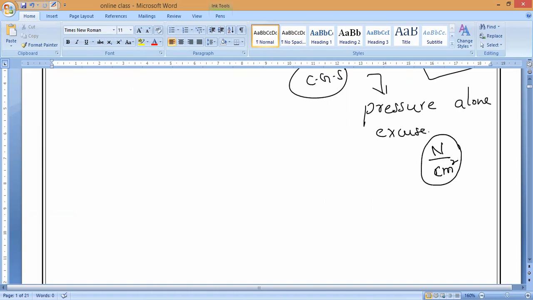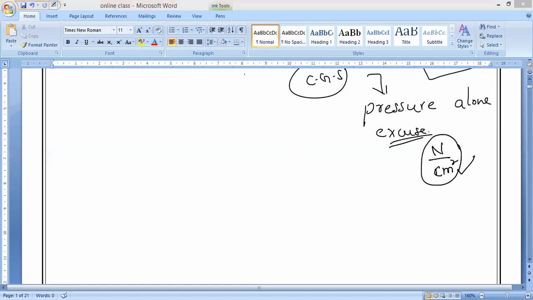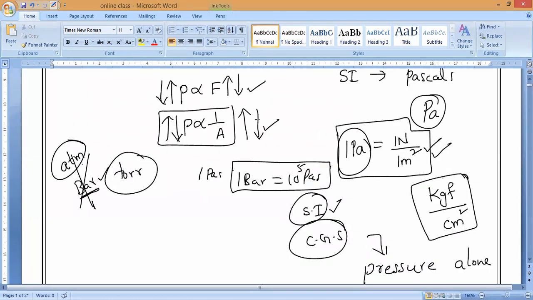It is wrong actually for other physical quantities, if you write like this, it is wrong. But for pressure alone, we can give this excuse. We can mix CGS and SI units, that too only when an extremely large force is acting on an extremely small area. Are you clear, everyone? That is okay, but it will come only very rarely for you people. So you have to remember only one thing. What is the unit of pressure?